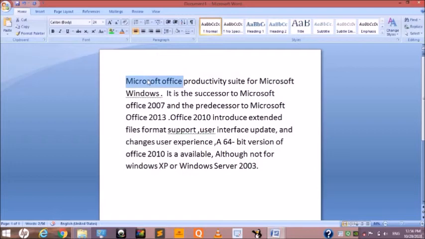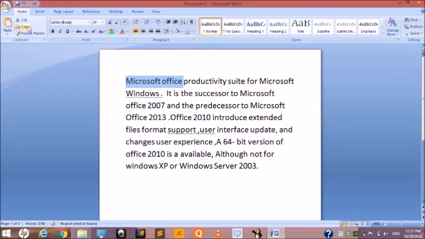I just select it and look at here, the one option, copy. Click on the copy. So look at here, this line and this word are not erased, means they did not move from one position to another position. Only this text is copied from another document.